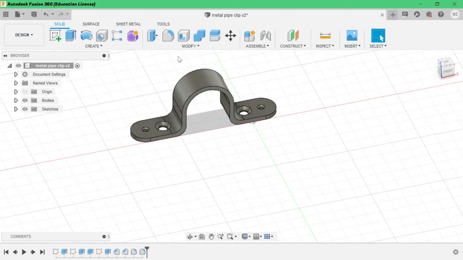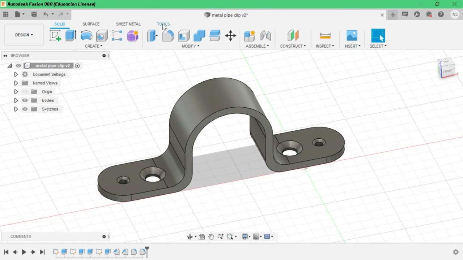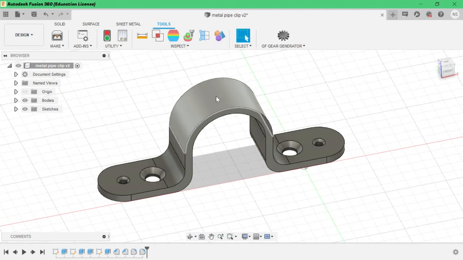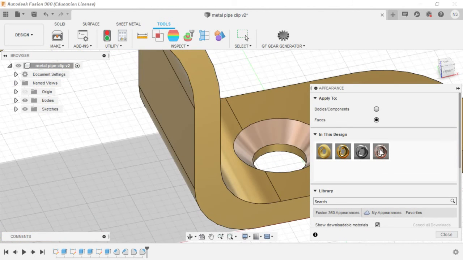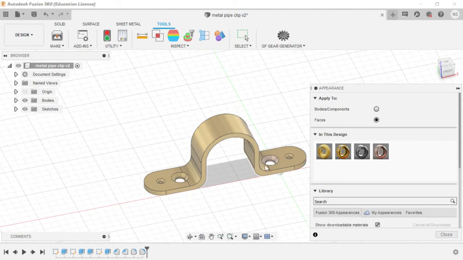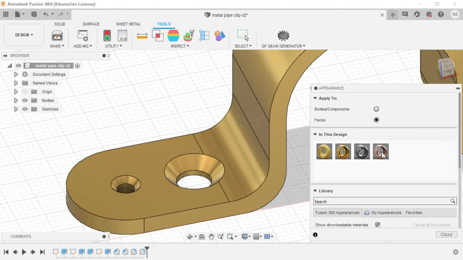Okay, this is all for now. Let's go to tools and we will give a good appearance. This is bronze, and faces, select faces to give look to these faces. Then copper, okay, copper done.